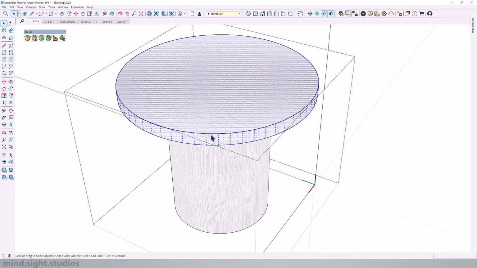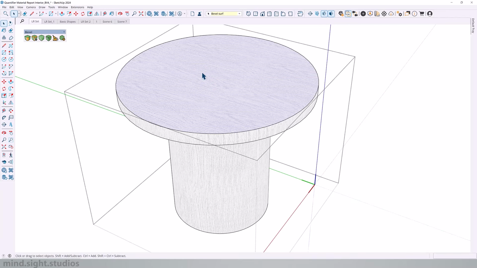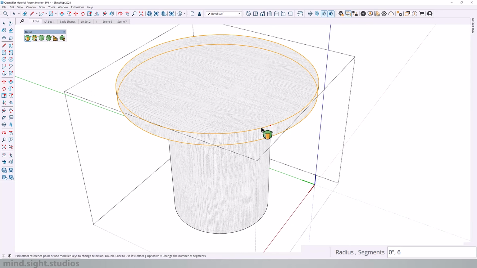I can simply go inside my group. Before I actually do anything, I will go into my settings, make sure this is set to arc rounding. This is going to give me the best control over my beveled edge. And from here, all I have to do is select new edges and activate the bevel. Now, right here, I can add the radius as well as the segments. Radius is my distance, so I'll set this to 1/4 inch,